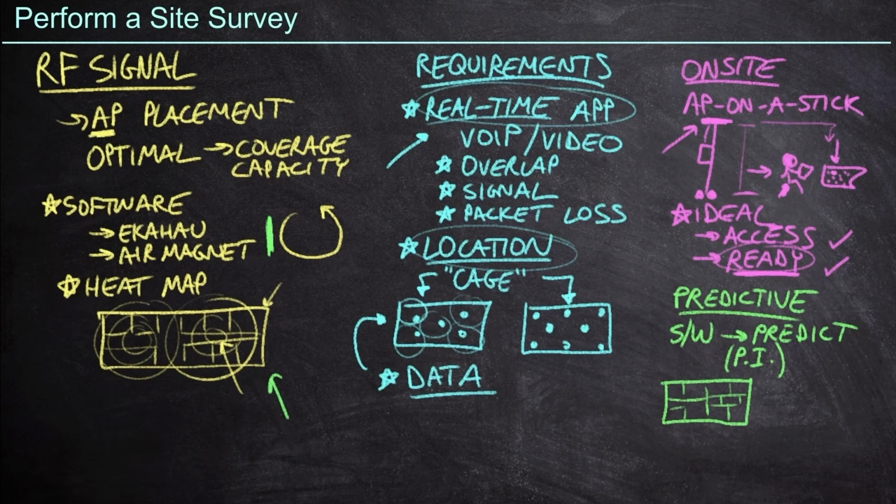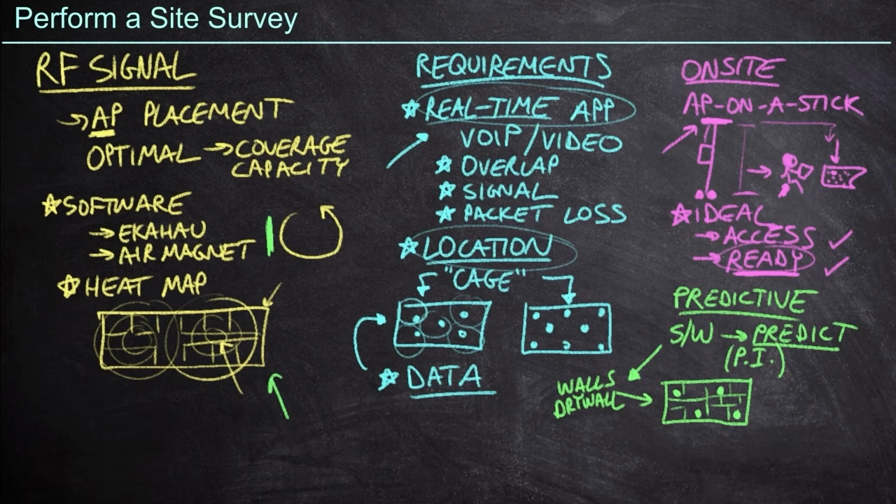But either way, I actually tell it where the walls are. And so I say, okay, these are the walls. They are drywall, for example, or maybe they're brick or whatever the situation is. And the software is going to be able to interpret the RF propagation through these concepts based on just mathematical operations. And so I can sort of drag my access points around and say, okay, I'm going to maybe place the access points here, and it runs a predictive survey, and it tells me what that RF signal is going